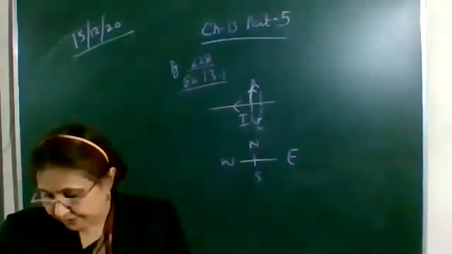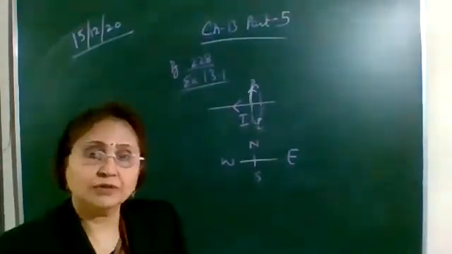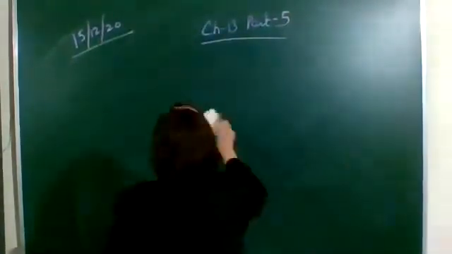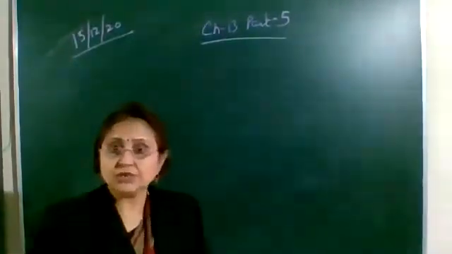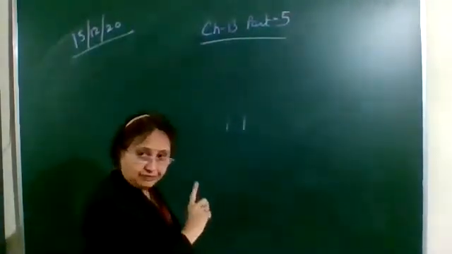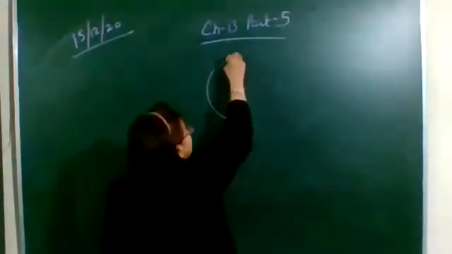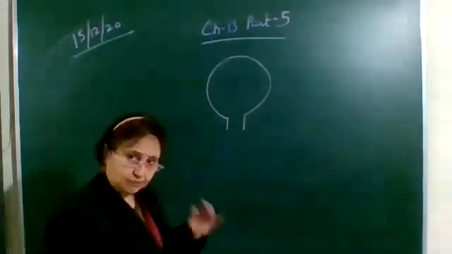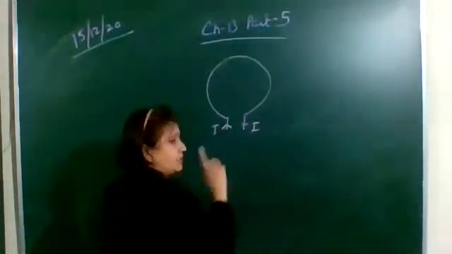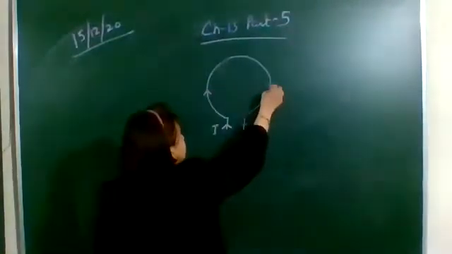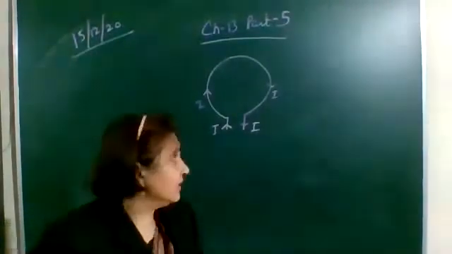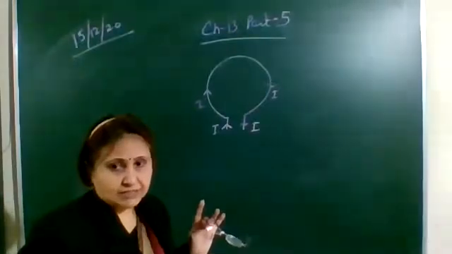The next is magnetic field due to a current through a circular loop. So this was for a straight wire. Now, if the current is flowing through a circular loop, let's see what is the pattern of the magnetic field lines. First we'll draw a figure in which the circular loop is in the plane of the board. So this is a current carrying circular loop, and this is the direction of the current, in which the current is flowing in the clockwise direction.